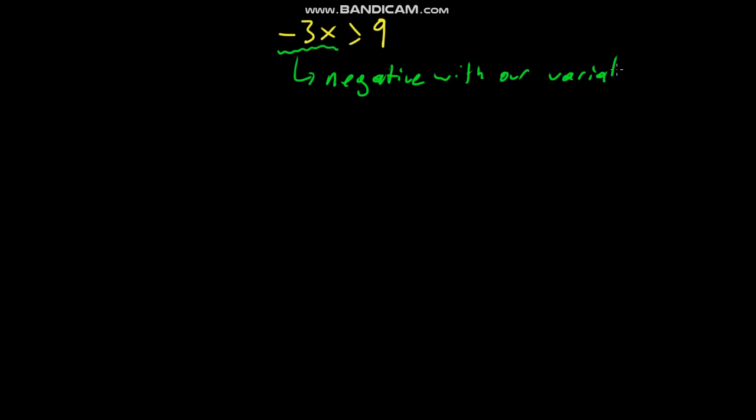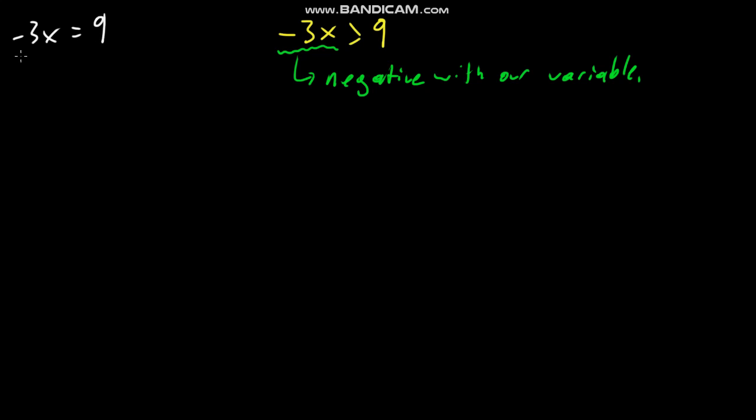And that's something like solving some inequality, something like negative 3x is greater than, let's say, 9. Something like this, and a really important part about this is that we have a negative sign. There's a negative with our variable. And there is a really important part about this that's very different from our previous unit. You might remember our previous unit, that was something like